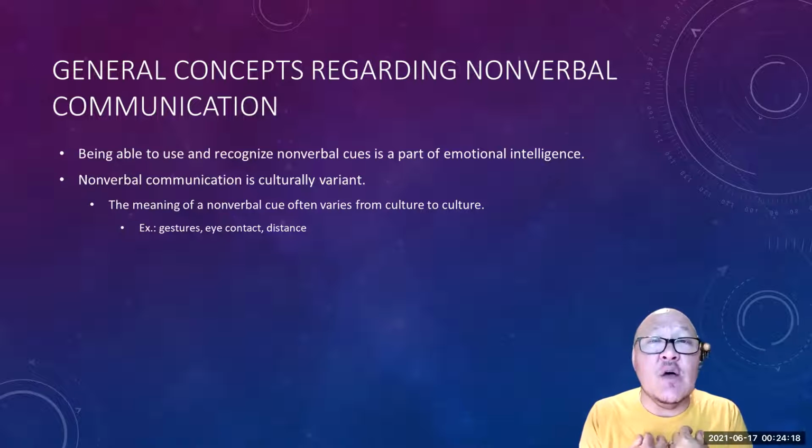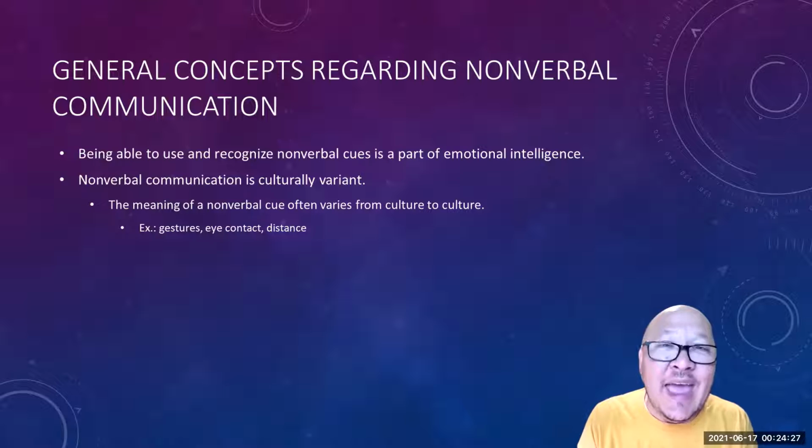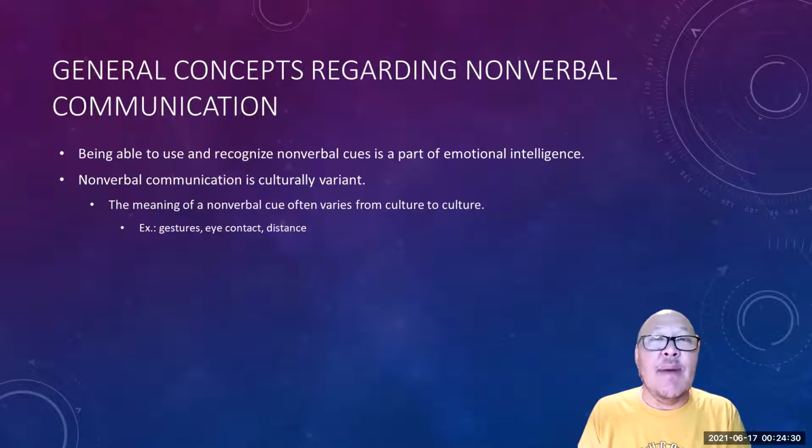Being able to recognize not only in ourselves, but also in other people, things like the example that I shared earlier. If someone says, "I'm doing okay," right? They're not really doing okay. There's something about them, right? That's reflected in the way that they said that. So as you learn about the different types of nonverbal communication, one of them is paralanguage, and that's what's happening in that example. The paralanguage is really giving you a truer meaning of their emotion than the verbal message.